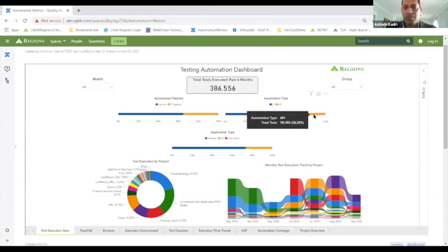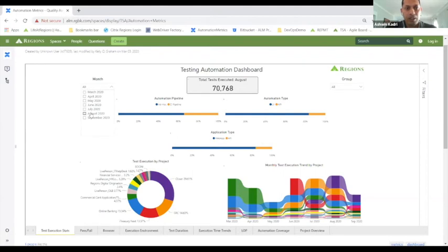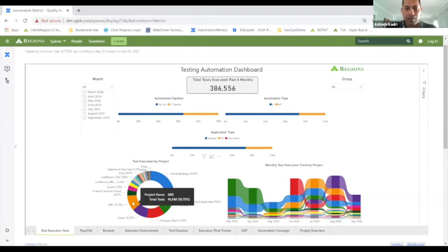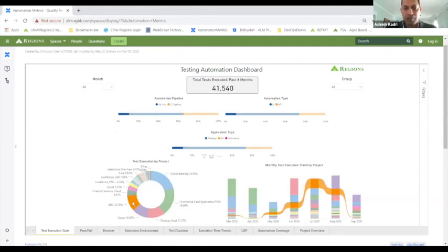Similarly, the proportion of API tests to UI tests, right? Here we are at 26%, which means that 26% of the overall tests that are executed are API tests, which is really good. It makes the tests faster, and it helps to improve test cycle time, right? So we want to see this trend improve as well. Again, I can get a month-wise split, see what happened in each month, and then get to a particular project and see what happened there, and all of that information can be obtained, right?